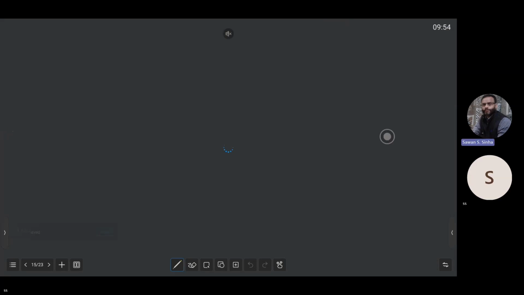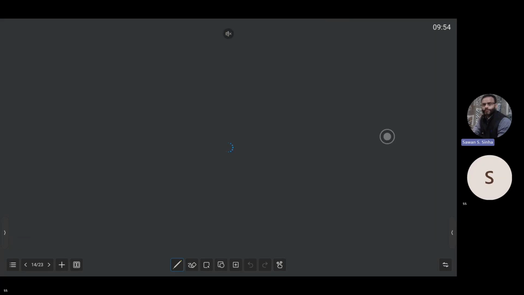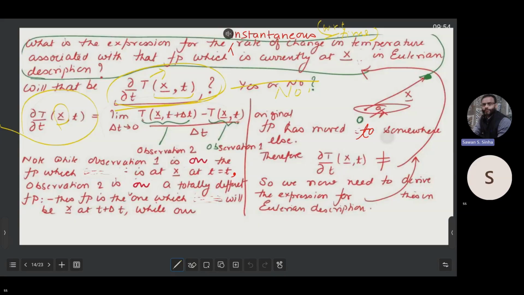So how do we correct this situation? To correct this situation, the second measurement has to be made at a new location. And how will you know that location? Local velocity times delta t. Okay, so what you will get is